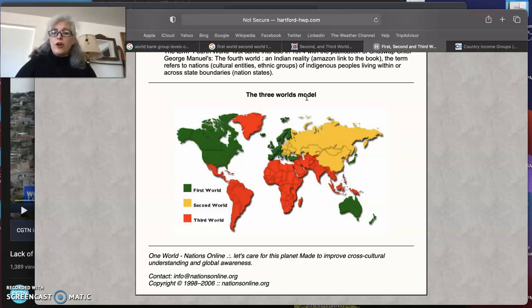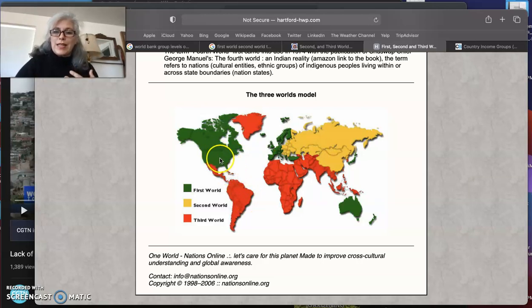So you probably have heard of the three worlds approach to classifying nations between each other. First world, second world, third world. This map shows you those distinctions by these three colors. So you see here, the former nations of the USSR and China are considered to be second world nations. We're not going to talk about them so much in this video. That'll be for a later time. We're going to look at differences in first world compared to third world nations.